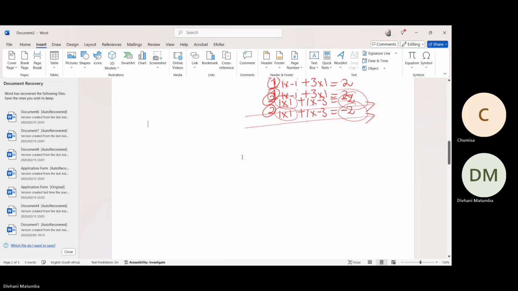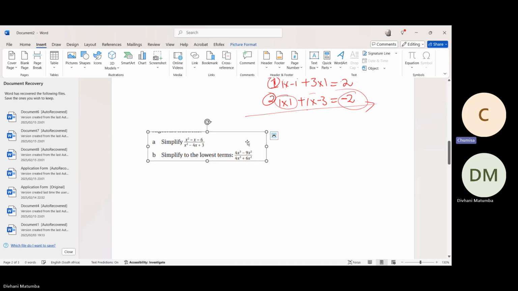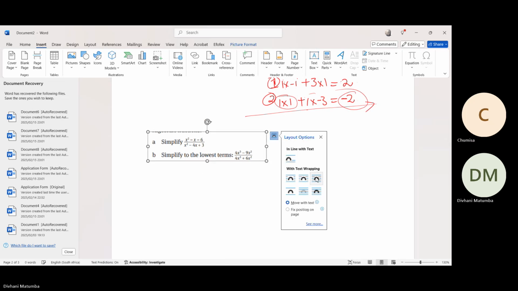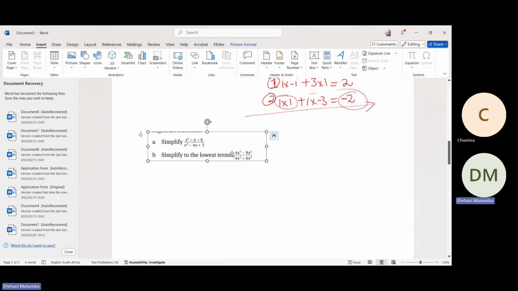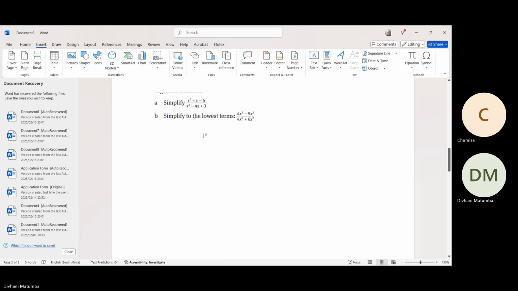Yes, any other? Factorizing trinomials. Okay, and then the next ones, difference of cubes. Yes, and lastly,